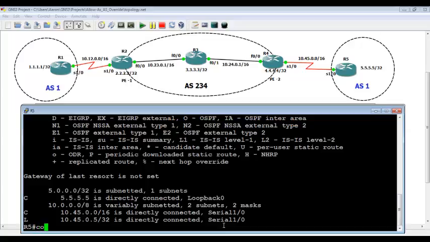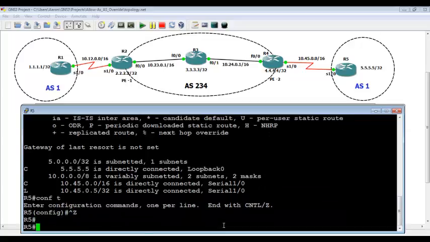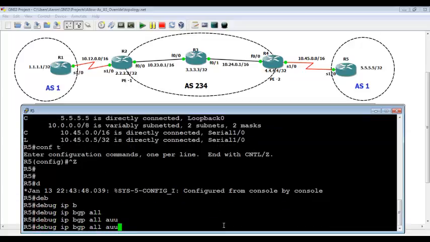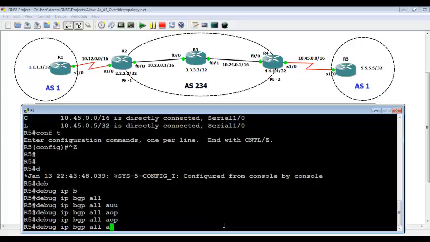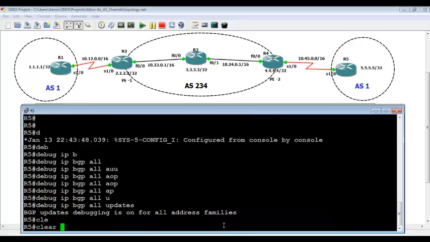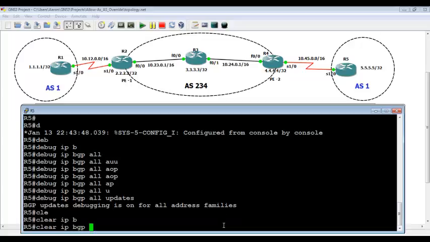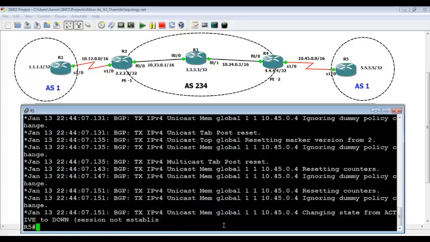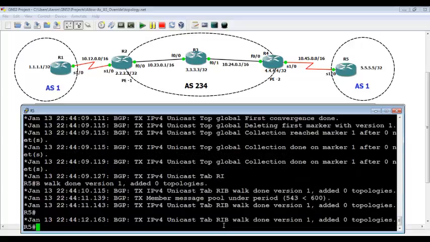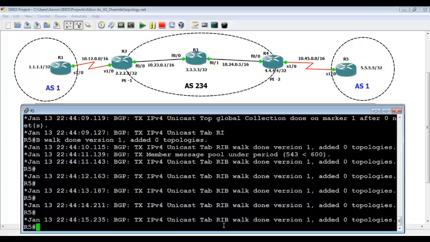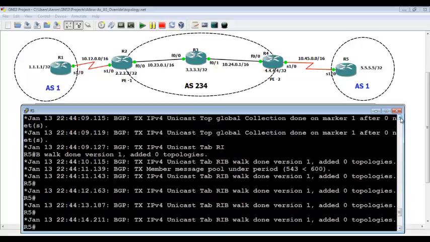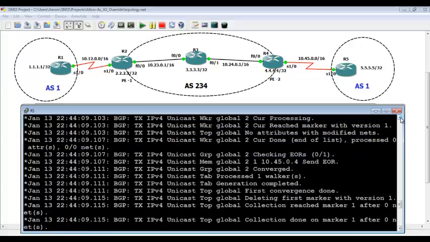So what I'll do is I'll go to router 5, or before that I'll do debug and show you. Debug IP BGP all updates. And for making it effect, I'll say clear IP BGP star so that I can show you the update. I think it is already. Let's go to the top. What I'm expecting is I'm expecting to see that